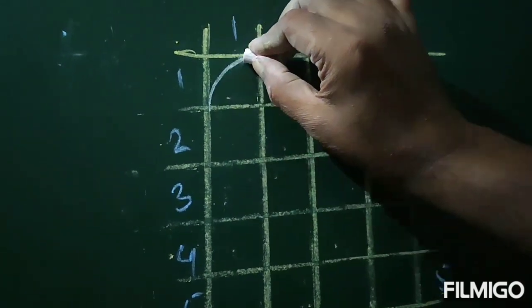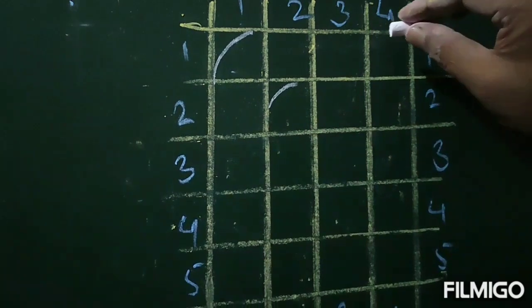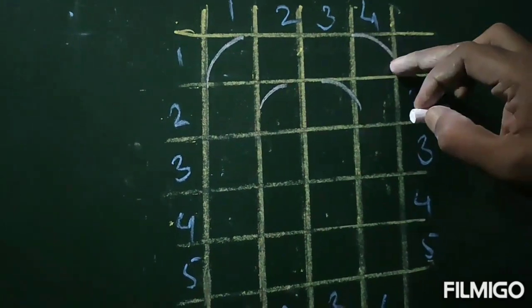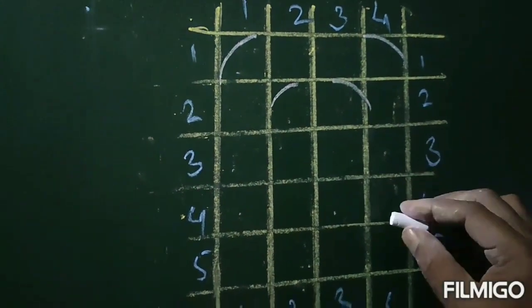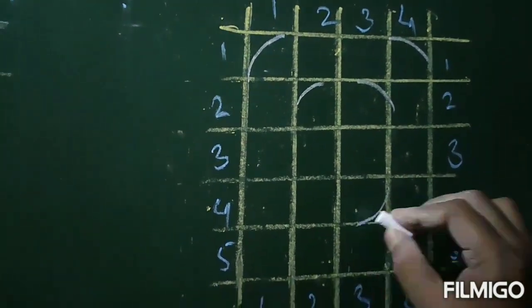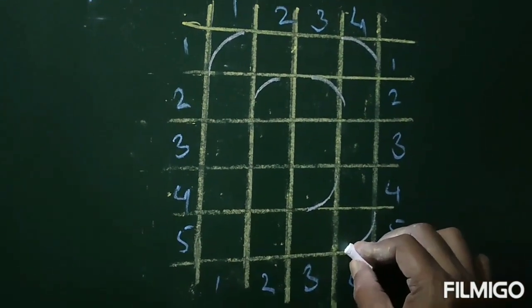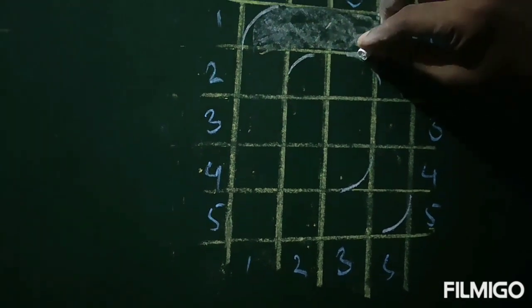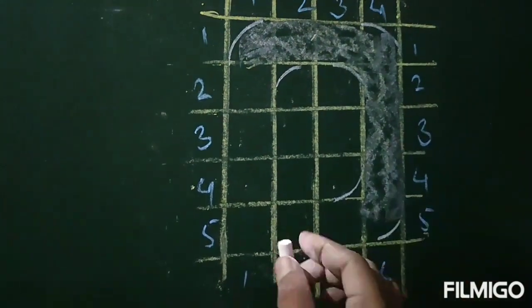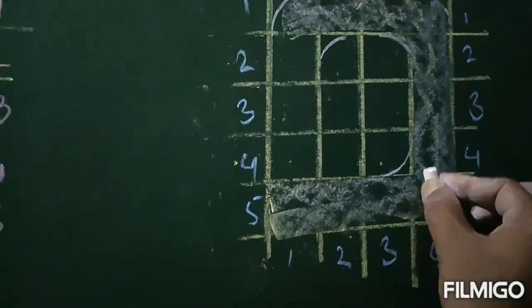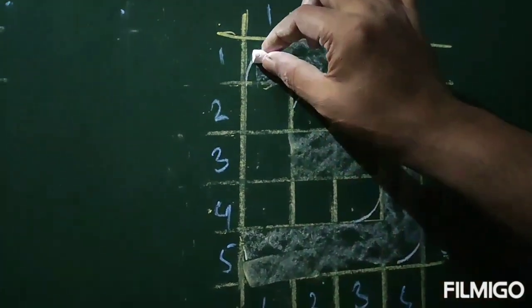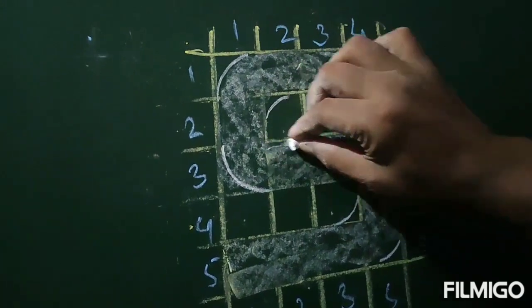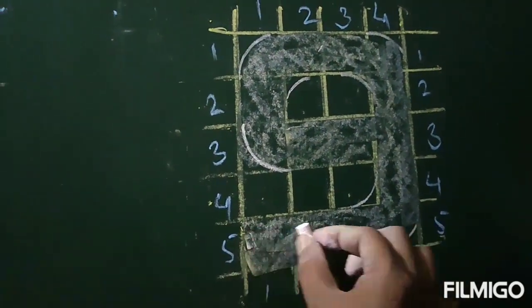Just the opposite of the 6 digit, it will take the shape of 9. We'll turn 1:1, 2:2, 4:1, 2:3, and the lower 3:4 and 5:4, and we'll continue the shading here: the upper horizontal boxes, the right side vertical boxes, lower horizontal boxes, the middle areas here, and these 2 vertical boxes, and of course we'll turn here also 3:1. It will take the shape of the 9 digit.